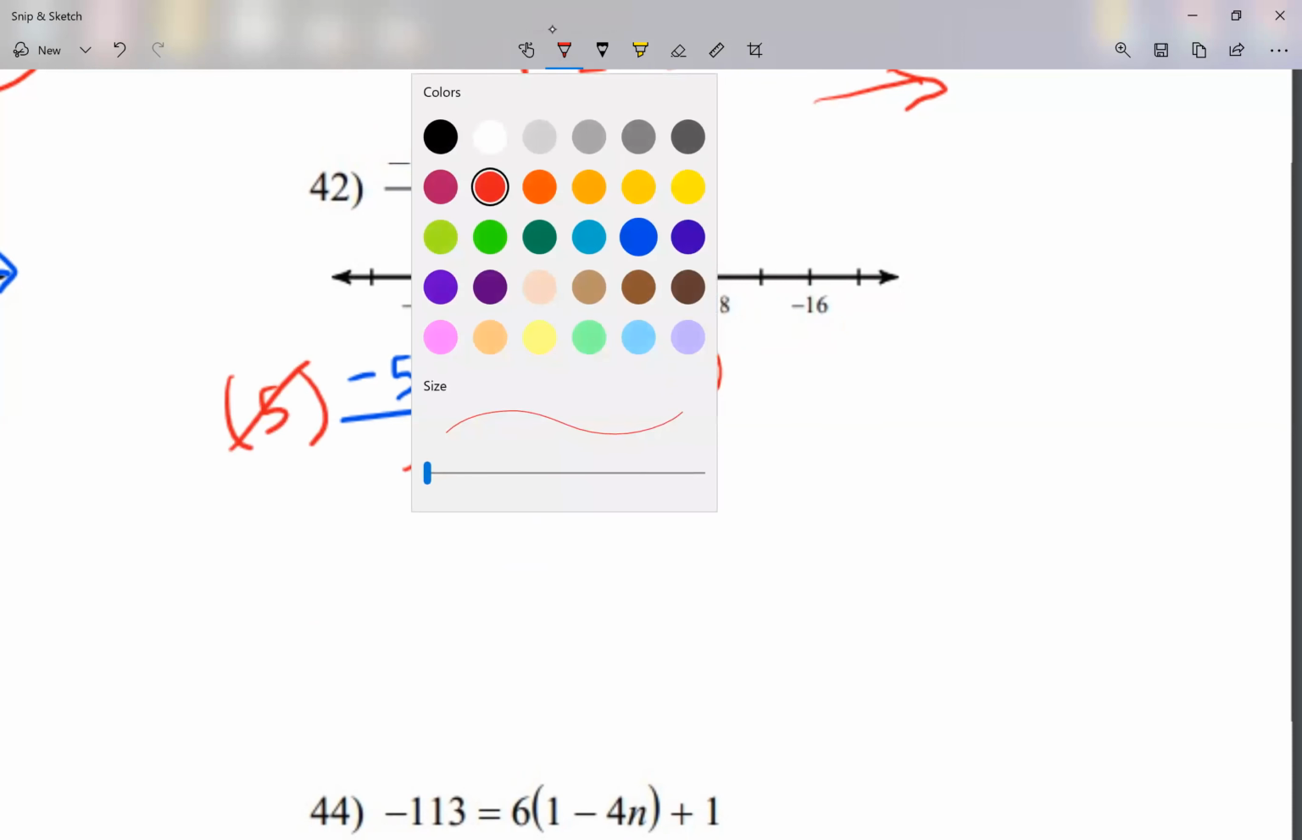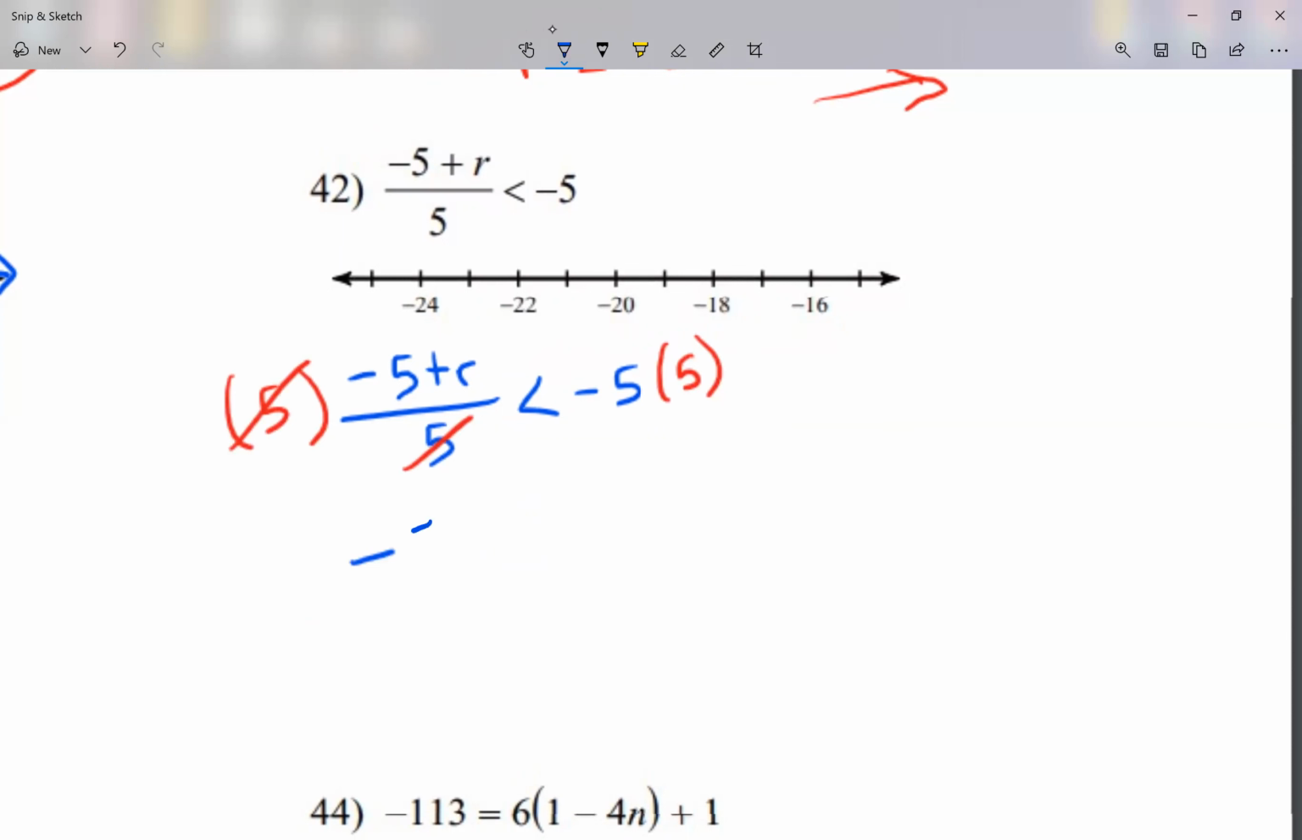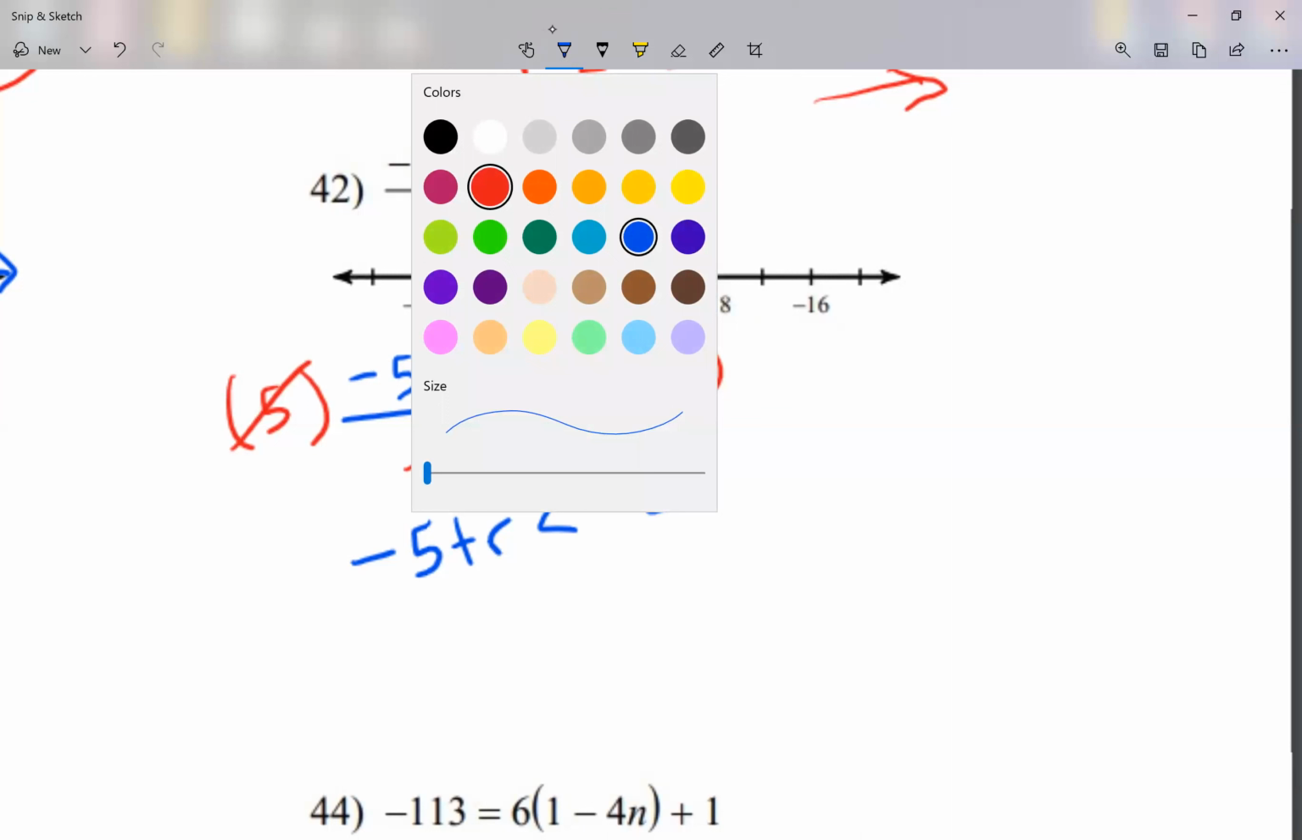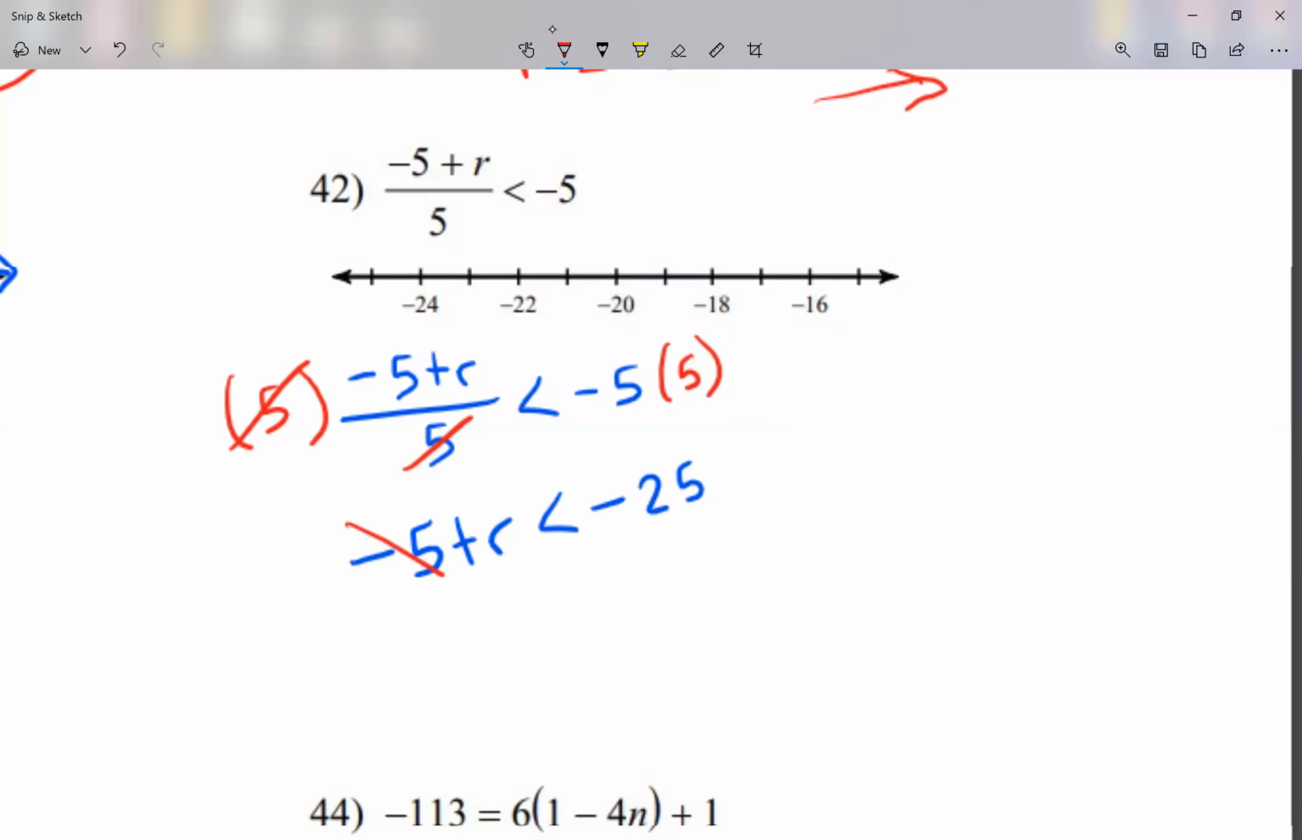So that's going to give me negative 5 plus r less than negative 25. Don't flip the inequality sign because technically we multiplied by a positive number. Now to get the r by itself, this negative 5, let me move it to the other side as a plus 5. So I have r is less than